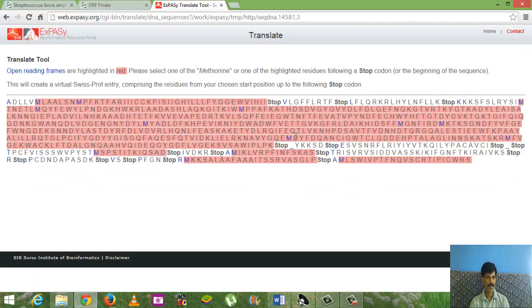Then you can see the frame is indicated by the red color. To get a protein sequence, you have to select one of the highlighted methionine residues. As we all know, a gene sequence will start with methionine, so we select one of the methionines. If I select this methionine, the peptide stops here, but we need a larger sequence, so we have to select this methionine to get this much size of the chain. If I select this one, I will get this much. Okay, so I am going to select this methionine,